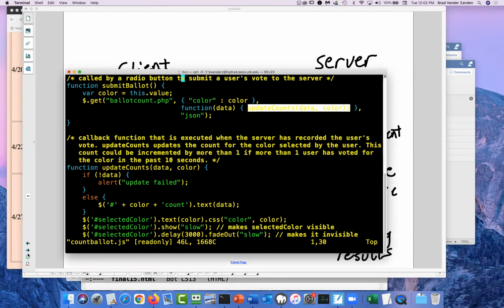Okay, and that is the extent of what's happening. So you can see it's basically just get some information from the database and then render the resulting database information into a view page.